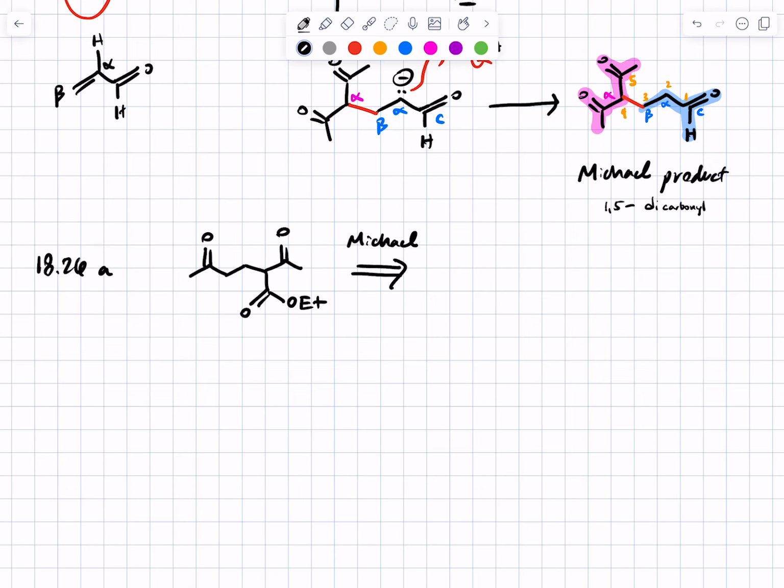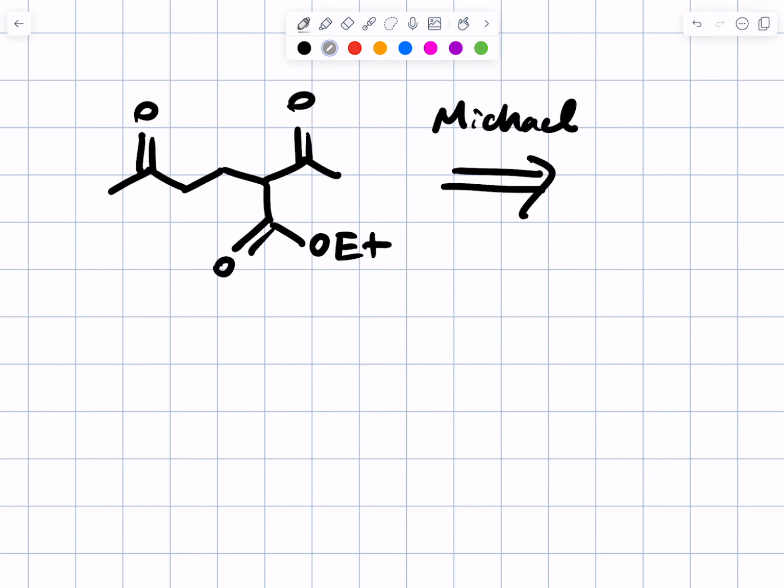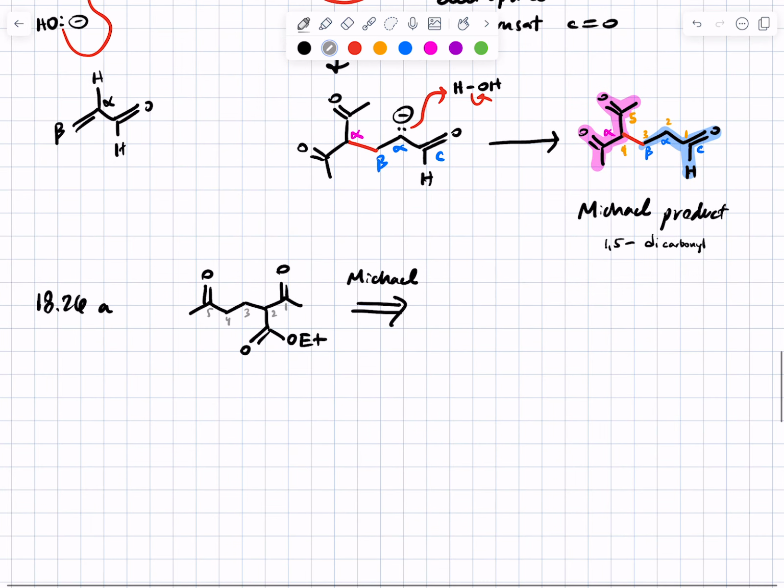So first we want to verify that we can even do it. So let's check the spacing between carbonyls. 1, 2, 3. Okay, probably not that connection via the Michael reaction. 1, 2, 3, 4, and 5. There it is. So now that we've seen that, we need to decide which portion of our molecule was the alpha beta unsaturated carbonyl compound and which portion was the enolate. And there's going to be two different ways we could do this, one of which makes better sense than the other. Okay? Going back to our Michael product,